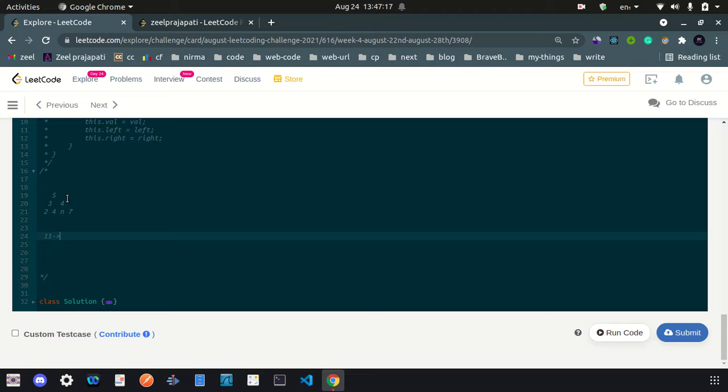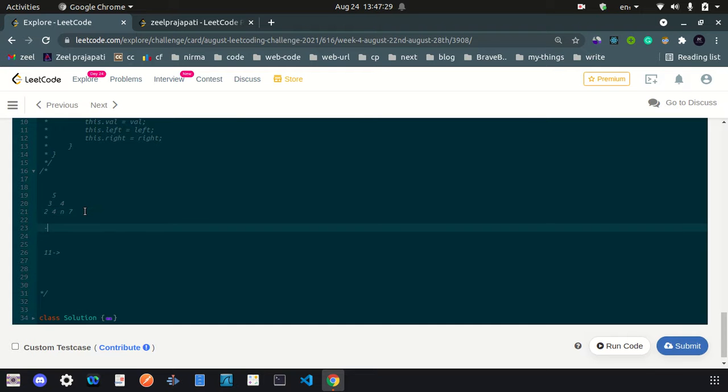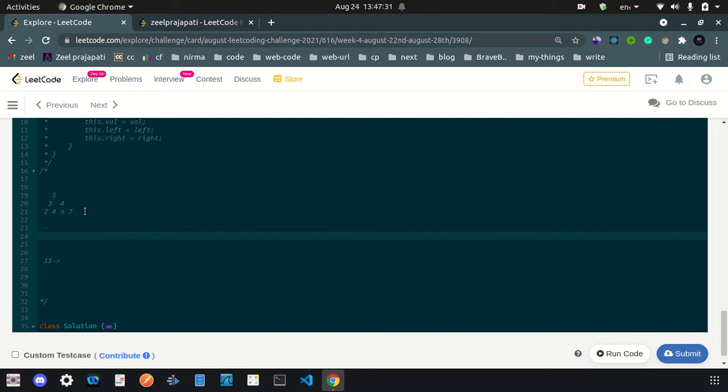So what does this approach tell you? Create two stacks. In the first stack put all the left side elements, all the minimum elements, and in the second stack put all the maximum elements. So we are going to traverse till the minimum value of the tree. What is the minimum value of any BST? It is the leftmost child; the root's leftmost child will be the minimum value. Here you can see that 2 is the minimum value.